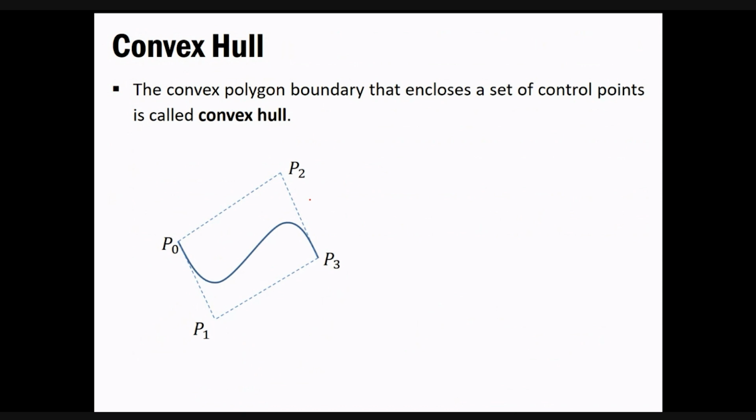Okay, so now a boundary polygon, but obviously now as you can see we have 4 such vertices, that is P0, P1, P3, P2, and what is it that encloses a set of control points. So now this whole scenario is nothing but a convex hull. Okay, similarly over here, as you can see we have 3 vertices: P0, P1, P2.